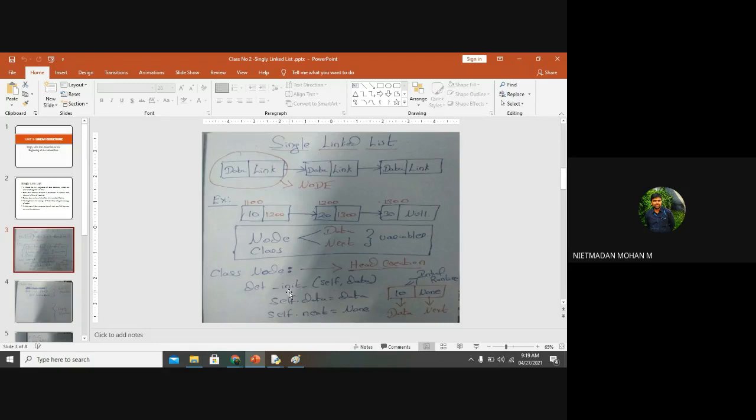So don't worry about this code. You just understand that I am going to create a class for a node, and in the upcoming code I am going to create an object. So I am using this init function, that is, the constructor. When I pass the first element, 10, the data will be represented by 10, and the next argument I don't pass as of now, so it will hold a null value.